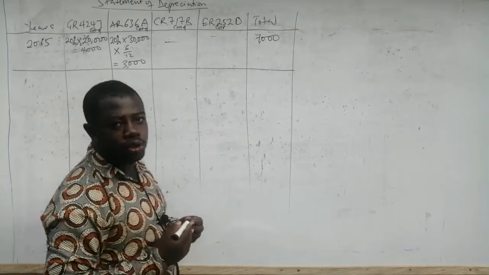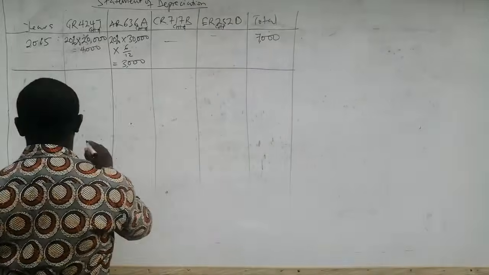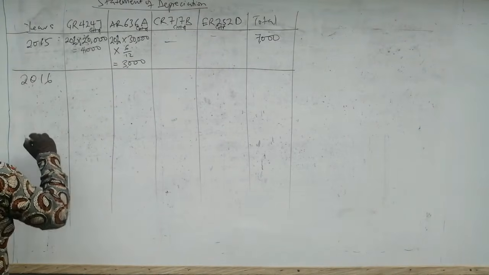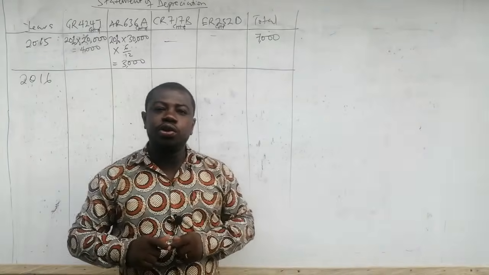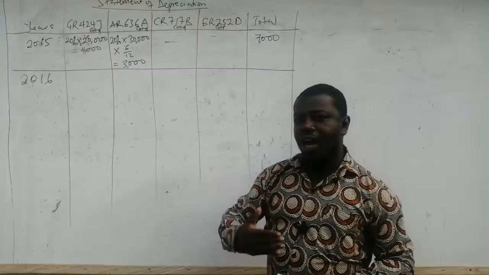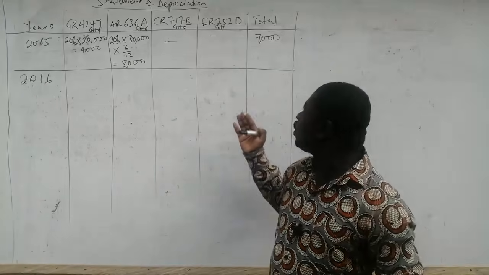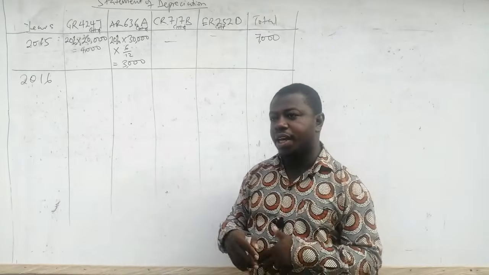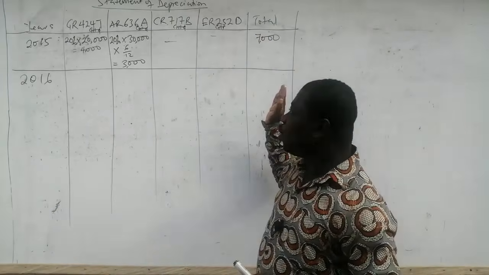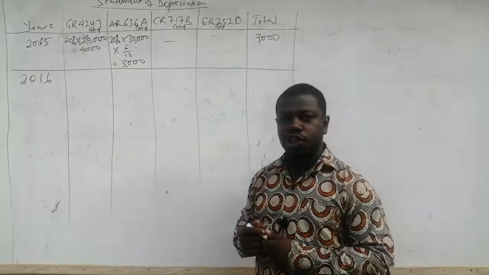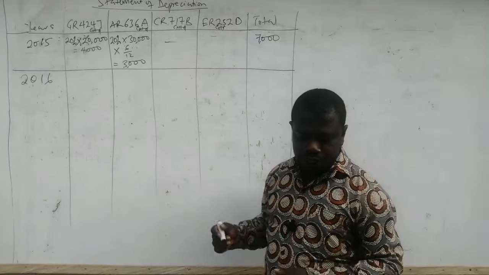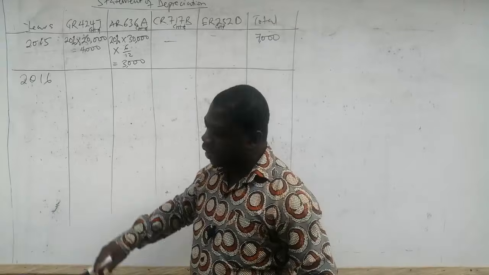So we are done with 2015, and the next year is 2016. So we move on to 2016, and we are going to calculate the depreciation charge year after year until we are able to get all the depreciation charges for each year. Then we'll move on to use these figures to prepare our provision for depreciation account. All right, so in 2016, the first asset